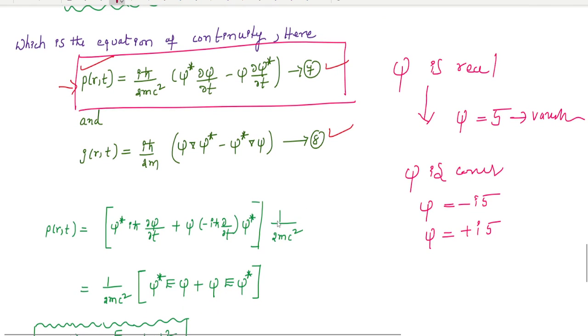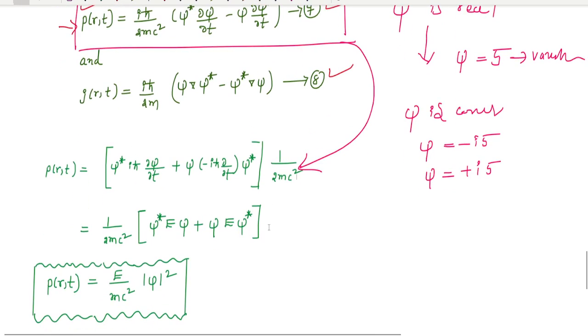I substitute the complex conjugate function in place of the wave function, and we get this type of equation. Therefore we can write this equation like this: modulus of psi star squared,